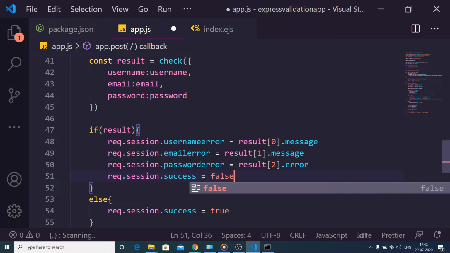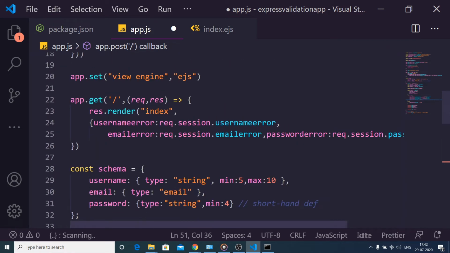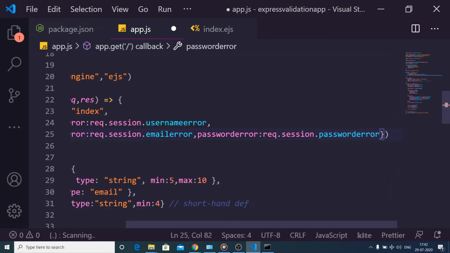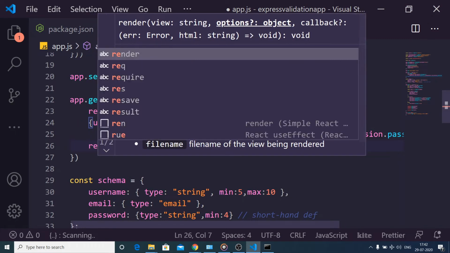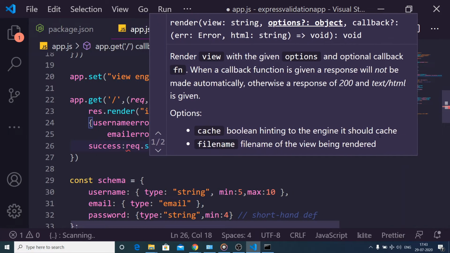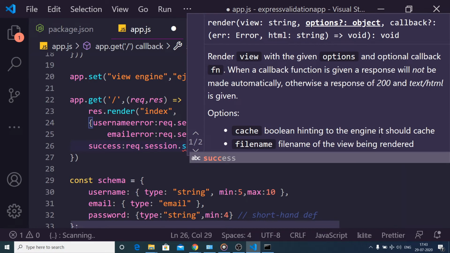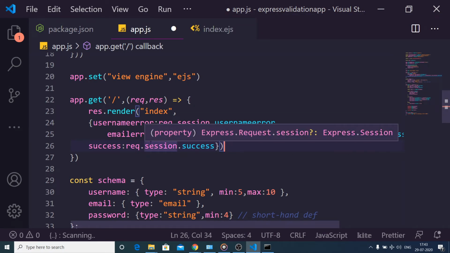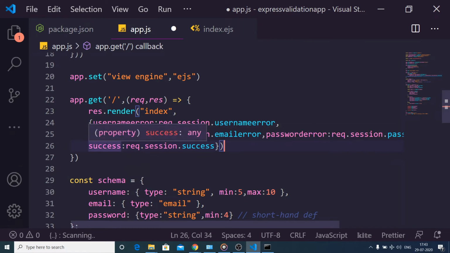And now we can even pass this value, success, request.session.success. So this will be a boolean value depending upon whether you are successfully authenticated or not. Either true will be passed or false will be passed.